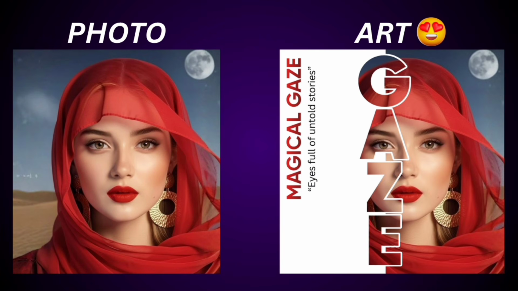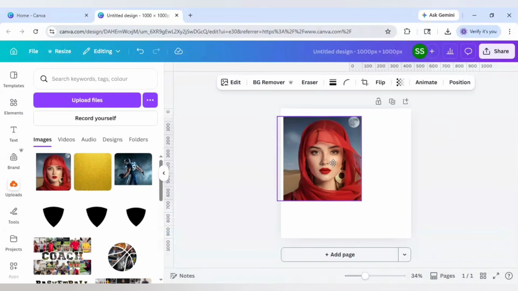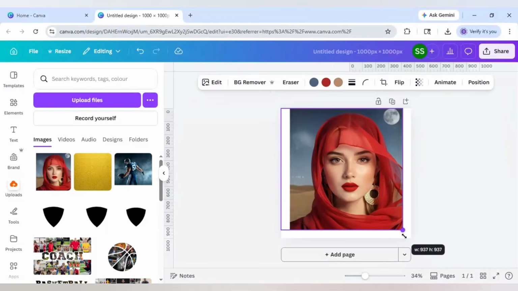Turn your photo into scroll stopping digital art with this effect in Canva. So let's start with it. For this, I will use this image, and I will just cover it in the canvas here, making it